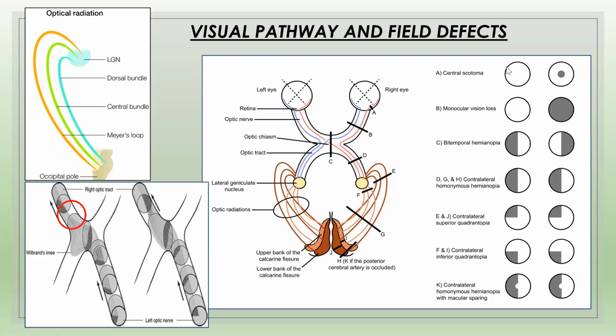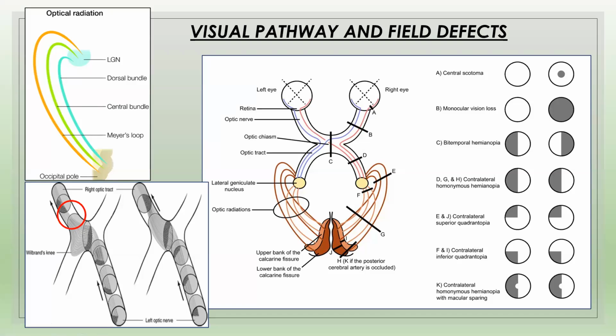Yeah, Nikhil, go ahead. So in this diagram, basically the superior nasal fibers which are decussating go onto the contralateral optic nerve, and then they come into the tract, and the inferior go into the ipsilateral optic tract, and then they go into the contralateral tract. So you will have two kinds of variations of the Willebrand's knee.